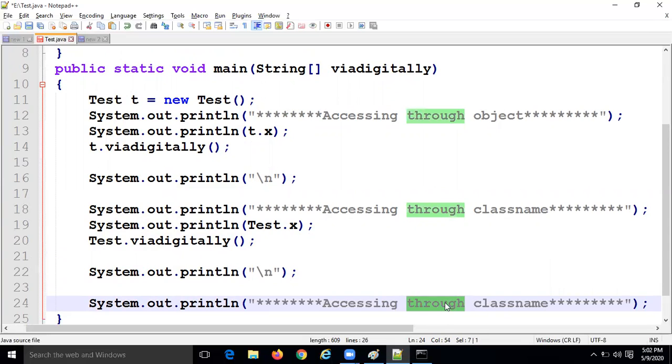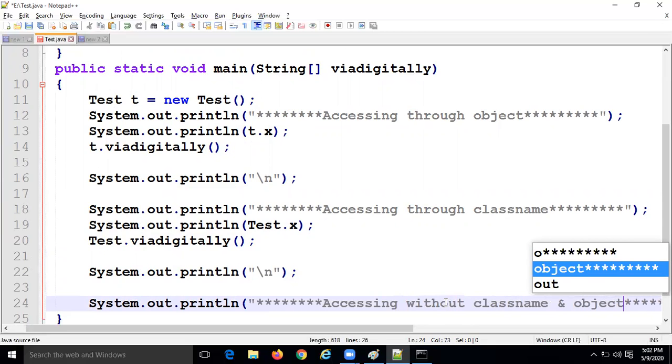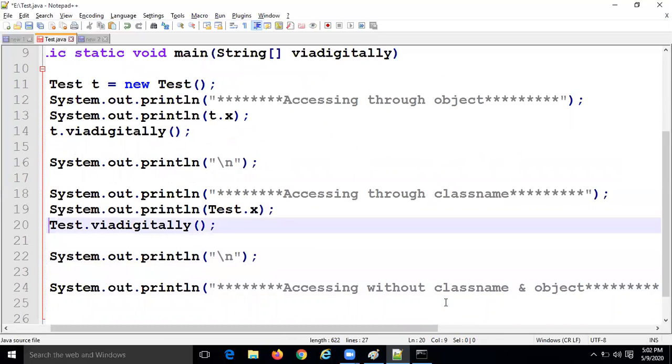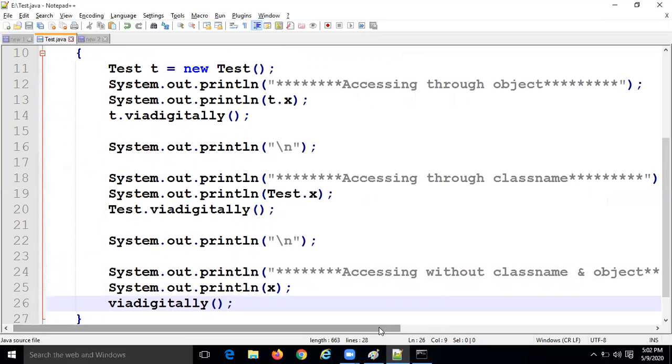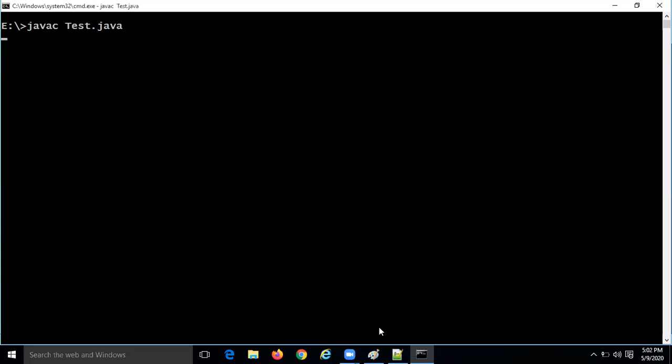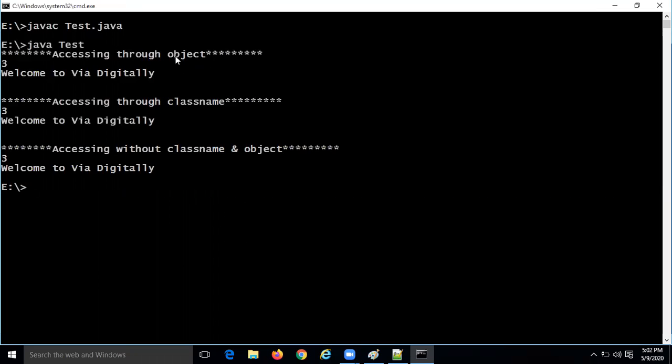Accessing without class name and object, you can directly use it individually. So one is accessing through object, one is accessing through class name, and another one is without class name and object.